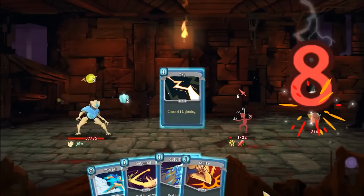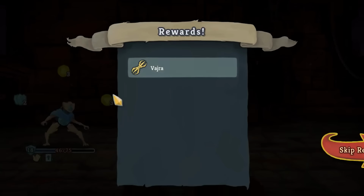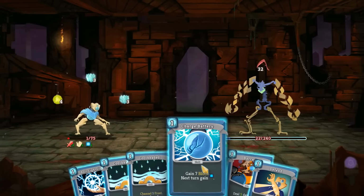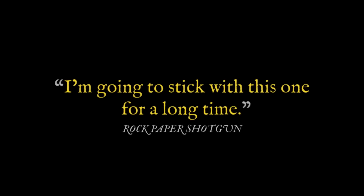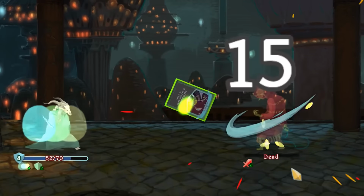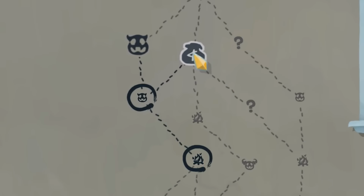Slay the Spire is a game that I really didn't know what to expect when I picked it up. I saw that it was in early access, and I saw that the reception was rather strong, and it was coming out of early access when I initially played it, and I was like, you know what, let me just pick it up, and it turned out to be an absolutely phenomenal game. The marriage of a roguelike with a deck builder, at least I didn't think that was something that would work really well, but in fact, it was a home run, and now you see games like this all the time,